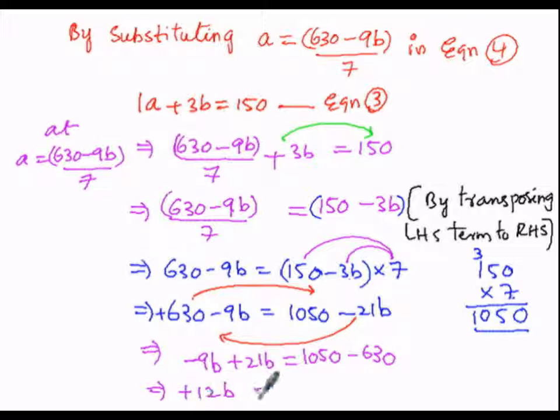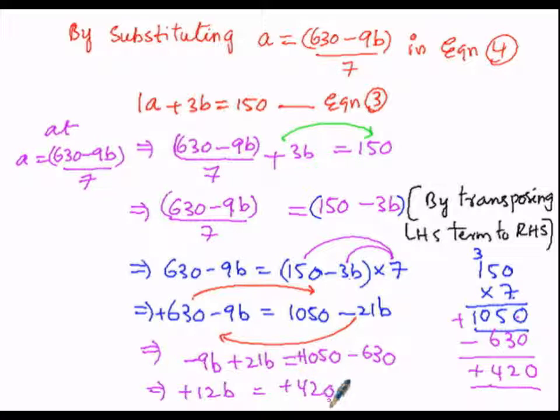So that is equal to 630 negative and 1050 positive, plus of minus is minus, we have to subtract 1050 minus 630. By subtracting, 0 minus 0 is 0, 5 minus 3 is 2, 10 minus 6 is 4. So in this manner I get 420. Among 1050 and 630, 1050 is positive and 630 is negative. To assess the sign of 420, we see the greater among these. 1050 is greater than 630 and is positive, so we get the sign of 420 as positive. So in this manner we get plus 420.